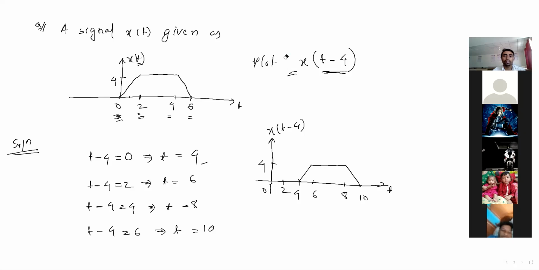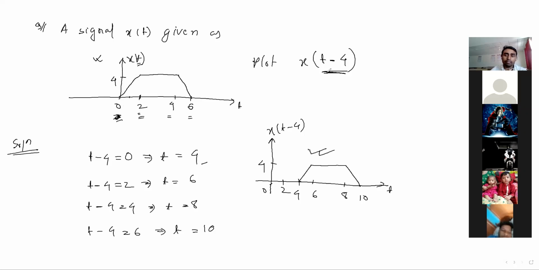So can you explain again, sir? Which one? This amplitude part or what? Whole things, or just what I am saying right now, amplitude? Not the amplitude, sir. Why did you take it from 4 again in the second figure? Yes, sir. Okay. So what I am saying, this is the original signal. In the original signal, you can see the starting point of the signal. What is the starting point of the original signal? It's 0.